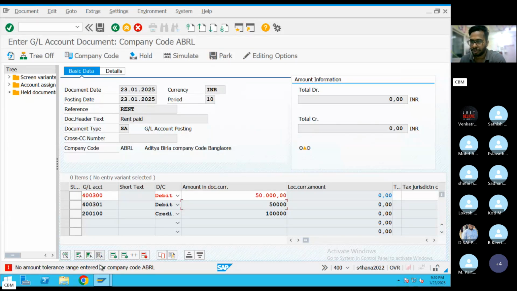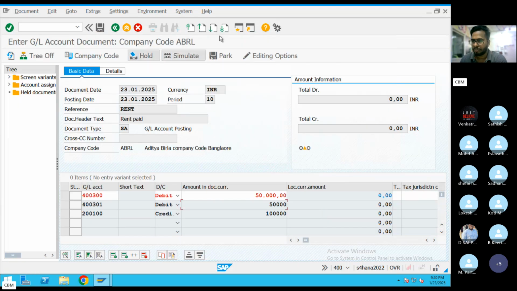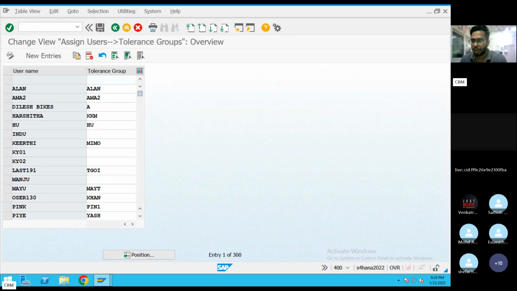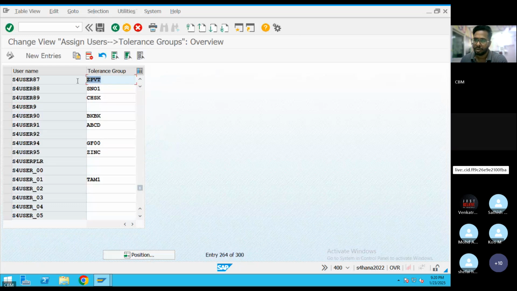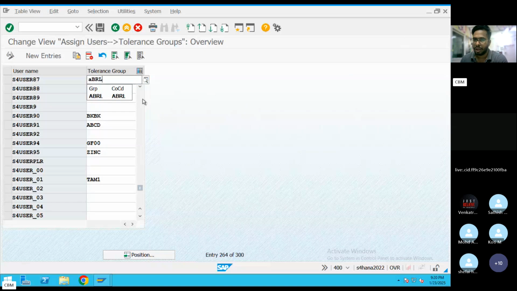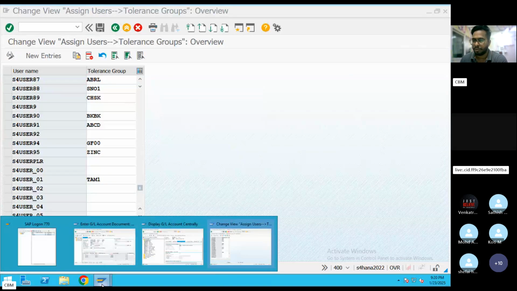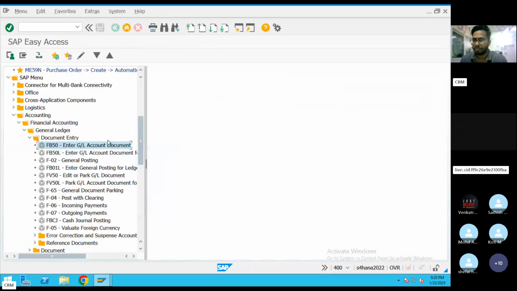Now it's a different issue, not the same. And this is the issue. We need to resolve this issue right now. What I'm doing is completely configuration related. I'm a consultant, I know how to do configuration. But you will come to know these things after 30 days. You can also resolve the issues. Right now, you cannot do anything, because you don't know configuration, then how can you solve it?